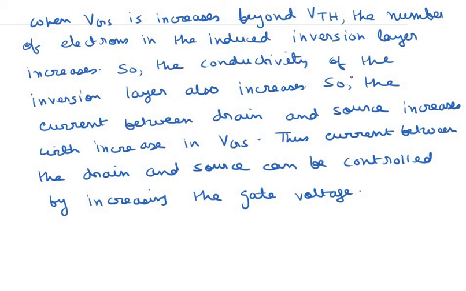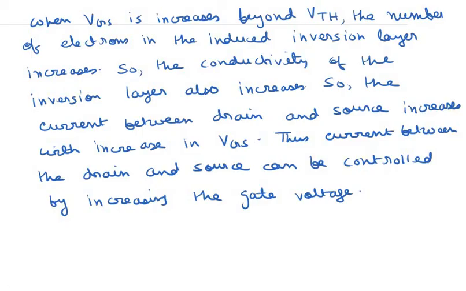If the gate voltage is less than VTH, the threshold voltage, there is no current flow between the drain and the source. If the gate voltage is greater than the threshold voltage, then the current between the drain and the source can be increased by increasing the gate voltage VGS. So the current between the drain and the source is controlled by the gate voltage, and that is the transistor action. Basically, the current between two terminals can be manipulated by the voltage or current applied at the third terminal. Here, this third terminal is the gate.